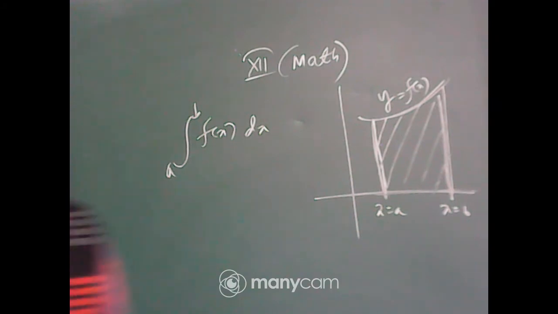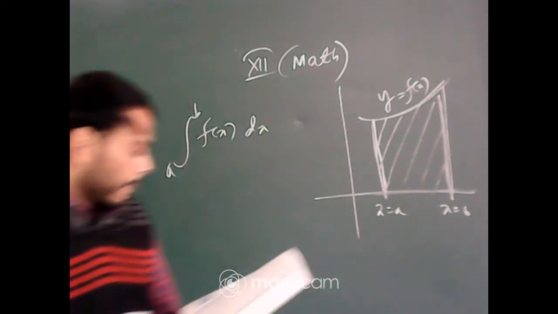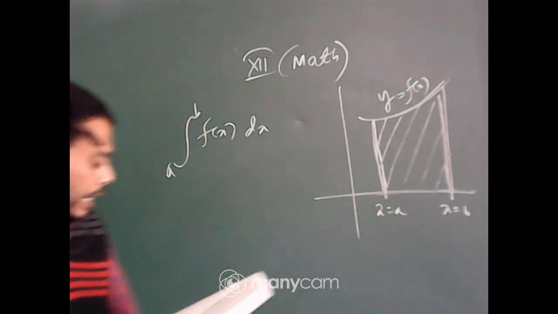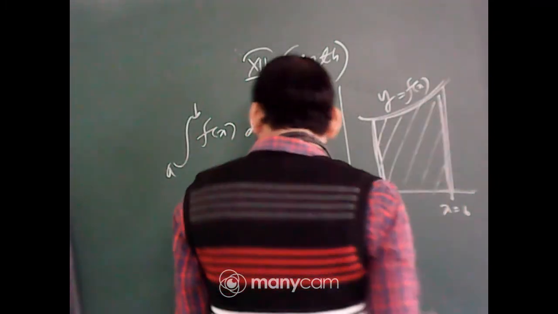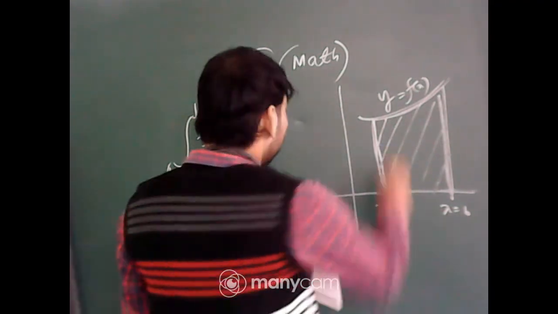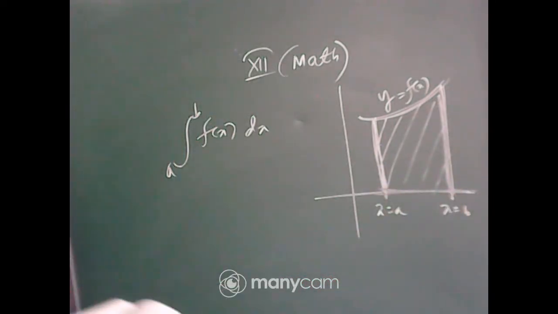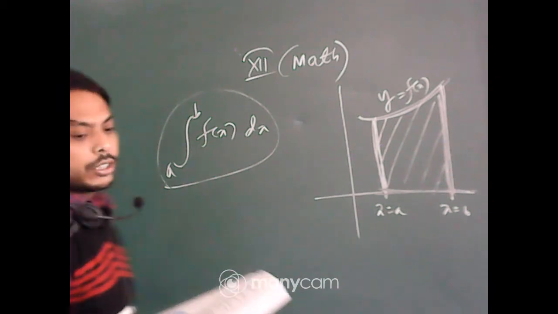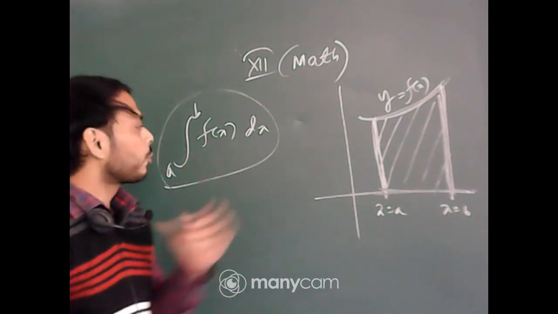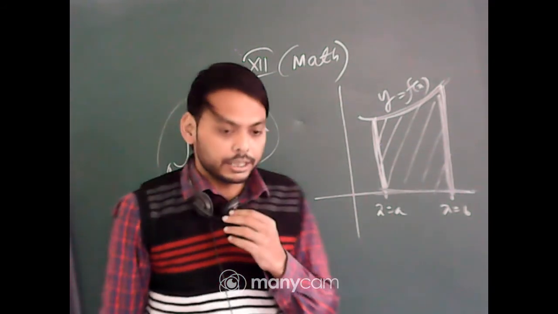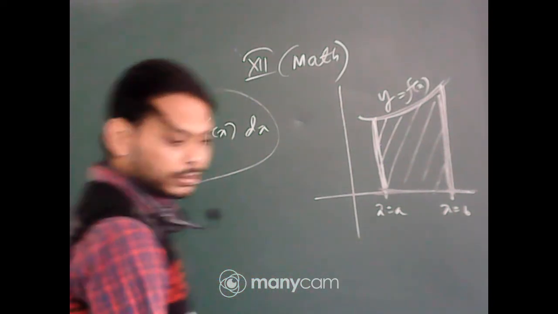It is written in your book, just go to page number 334, okay. We have defined a to b f(x) dx as the area of the region bounded by the curve, that is y equals f(x), the ordinates x equals a, x equals b, and the x axis, okay. So this is actually a to b f(x) dx. So I have said earlier, whenever I am starting the indefinite integral, the main motto of definite integral is to find out the area. Is it all right, the concept of definite integral?